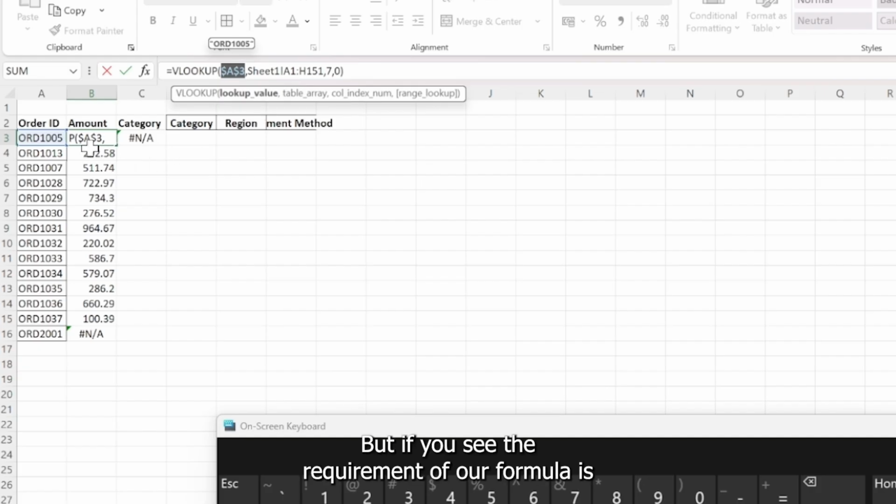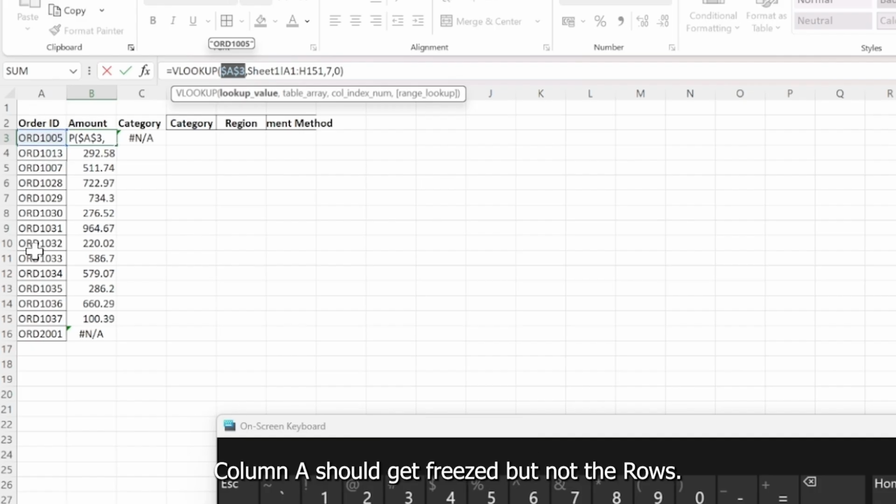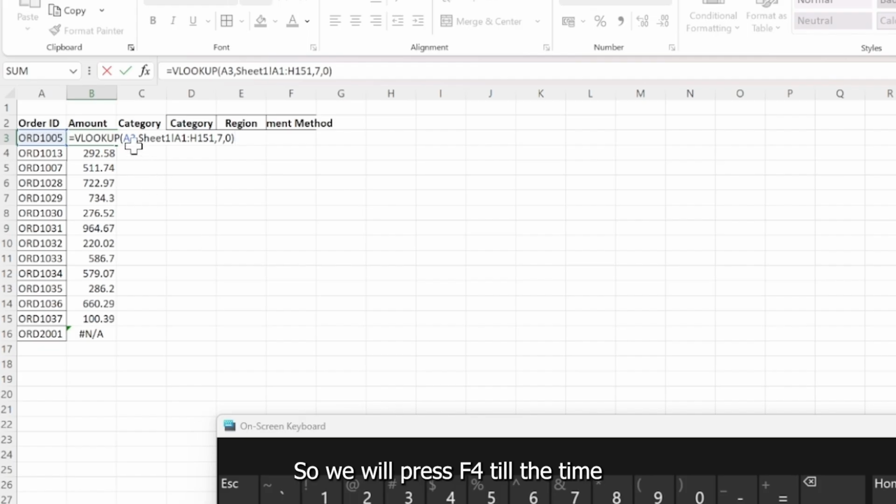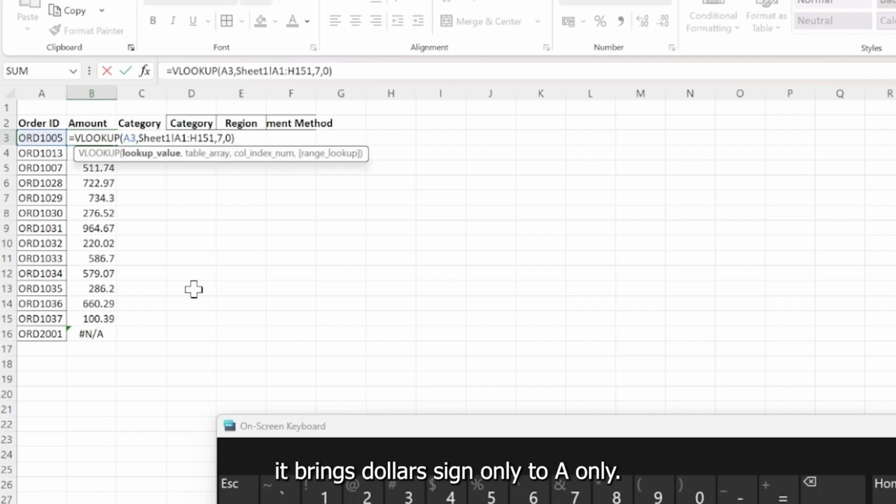But the requirement of our formula is A तो freeze रहे but 3 freeze no. So we will press F4 till it brings the dollar sign to A only. Once, it has frozen the complete cell. Then once more F4, it has unfrozen A but frozen 3. Once more, it has frozen A but not 3. This is our requirement, correct?